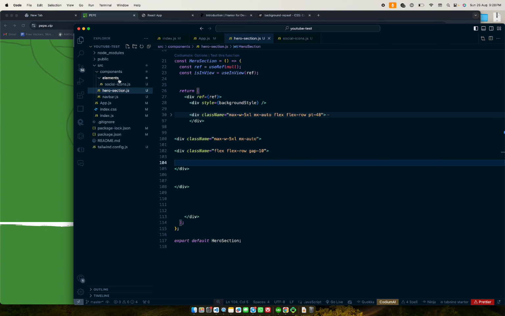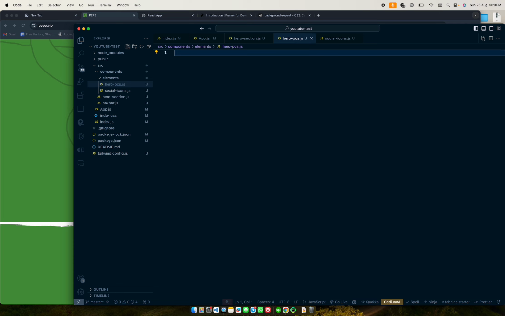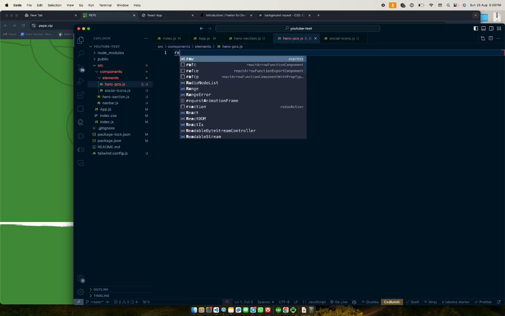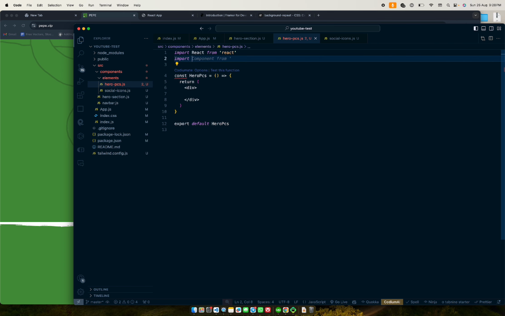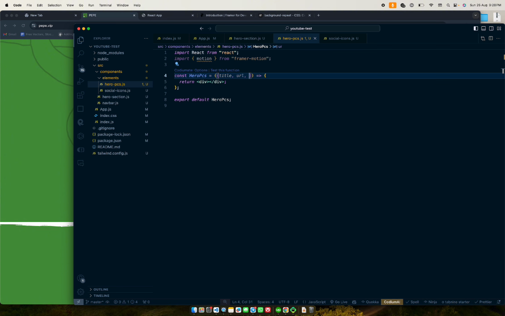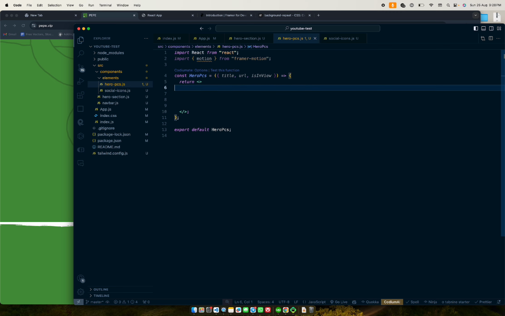Okay, so we're going to create a new element and name it HeroPieces. Don't mind me, I'm very bad with naming, so just bear with me. Okay, RFCE. Here we're going to import motion straight away. Here we're going to get three items from our props: title, URL, and isInView. Okay, perfect. So now in our code, we're going to remove this div and say